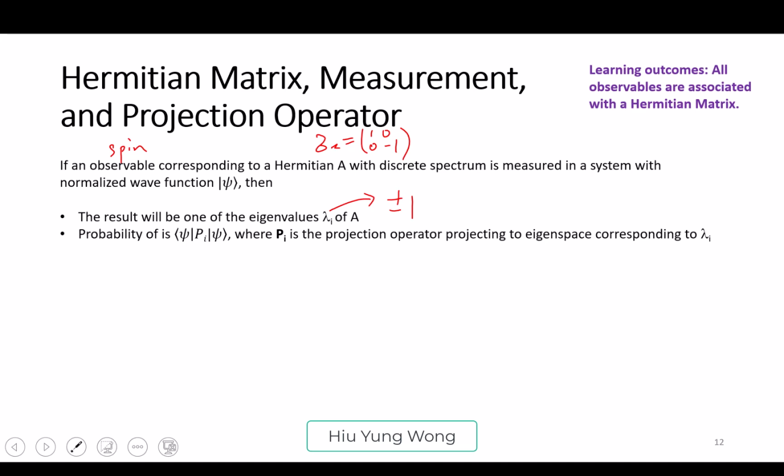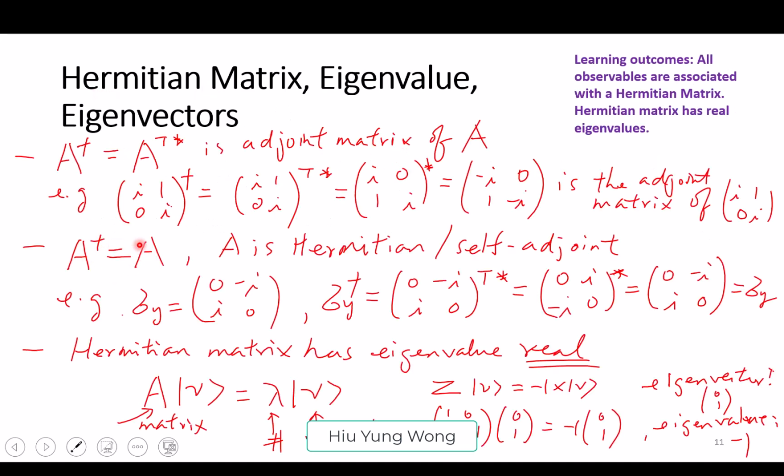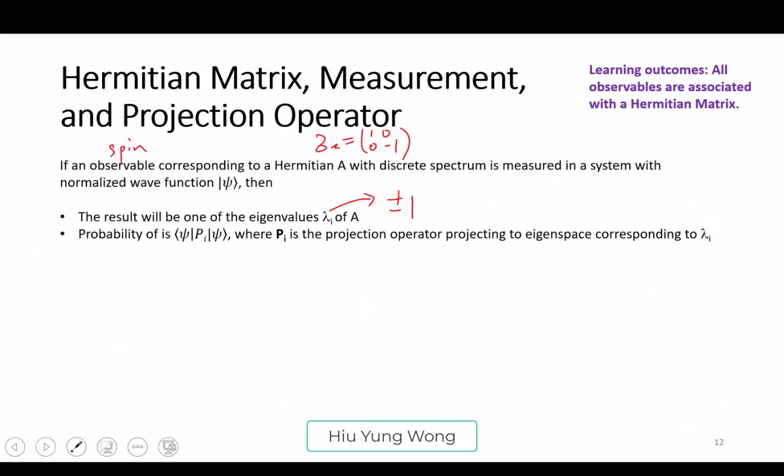The point is you agree that every operator, every matrix, rotates the vector, right? That's what quantum computing is about. You rotate the vector in the hyperspace. There is a special operator. They are Hermitian, means this one, right? They are Hermitian because they have real eigenvalues. And why? Because